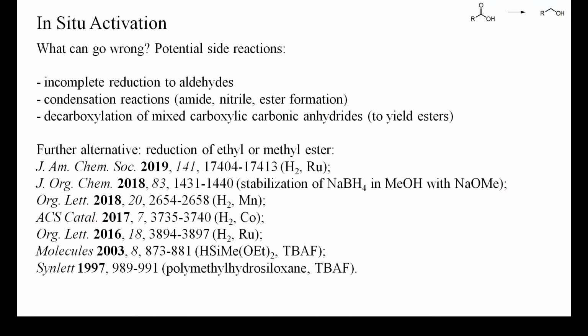One potential side reaction is the incomplete reduction of an active ester to give mixtures of alcohols and aldehydes. Unlike the reduction of free carboxylic acids, where the first step is usually the slowest, in the reduction of active esters the first reduction step may be the fastest, which might enable a high-yielding preparation of aldehydes.